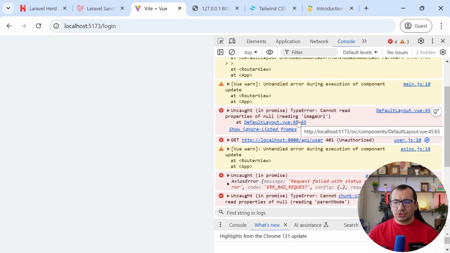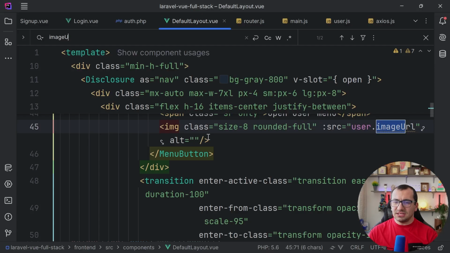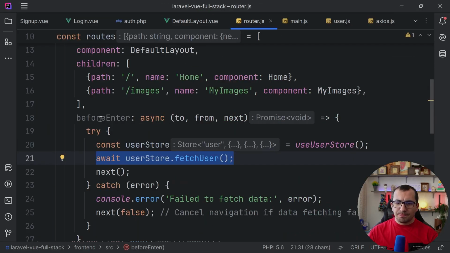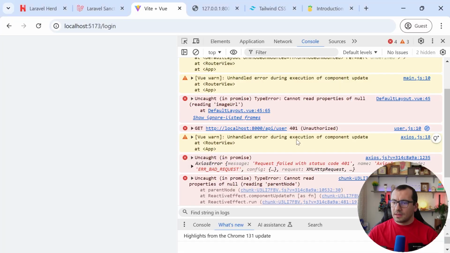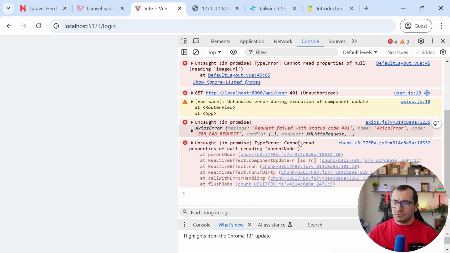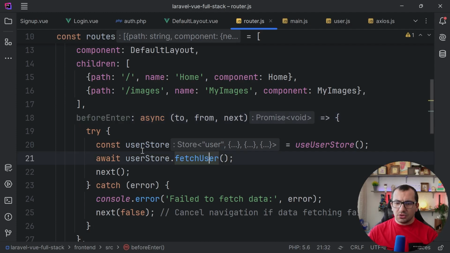I have a question: why is the default layout even activated when we have this inside beforeEnter? I might know the reason. So let's go into fetchUser. Okay, let me explain this. Because of this beforeEnter and the fetchUser,